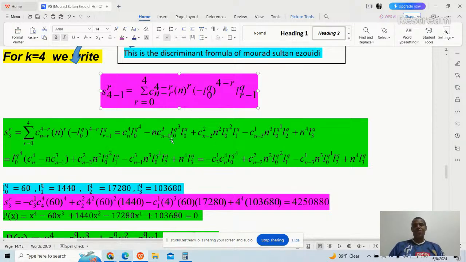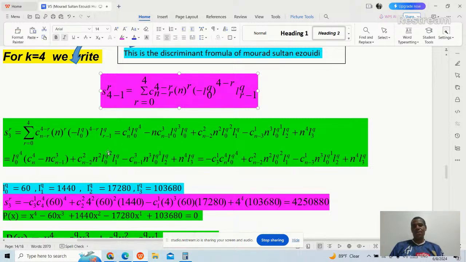Now, learners, I'll just focus on the first two terms because the rest is going to be easy for you. You can calculate it, expand it, sort it out by my own formula. I see that L0 to the power 4 here is a common factor. I will put it outside the brackets. Then I will open the brackets to remain only combination n choose 4, minus combination n times combination n